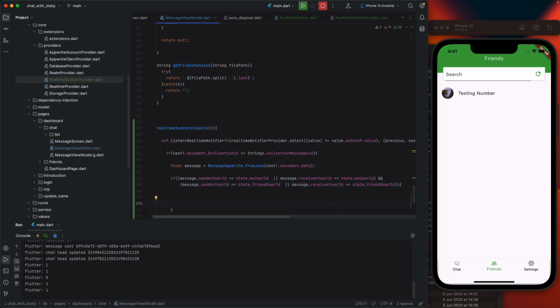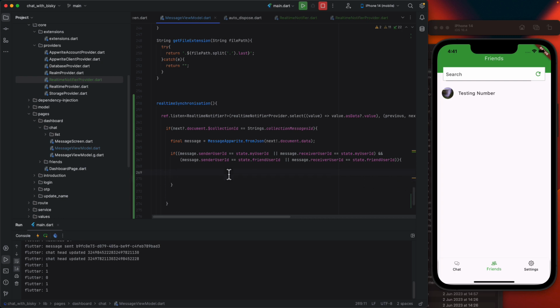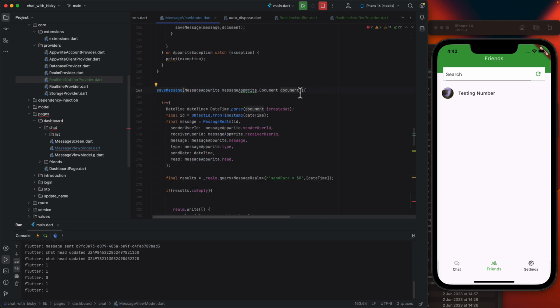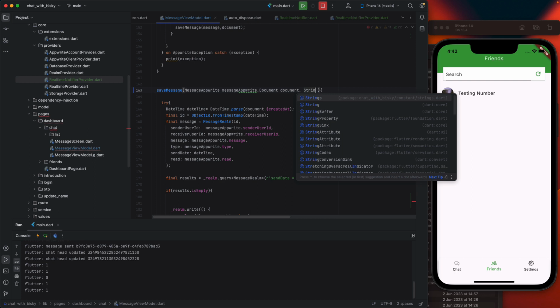So after doing this, we just say save message Appwrite, which is this message, right? And the document, which is this one. This is going to be our document. This is no longer necessary. And we want to also add a type here. Next dot type. So our method does not have a type. So here let's configure this and just say string